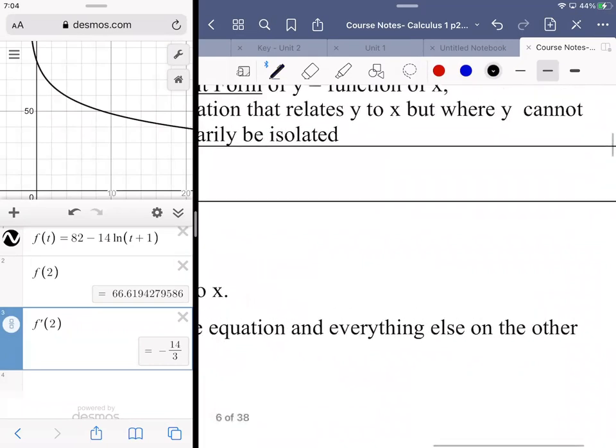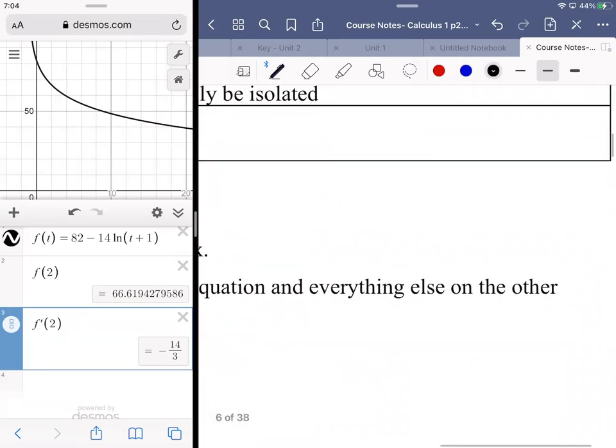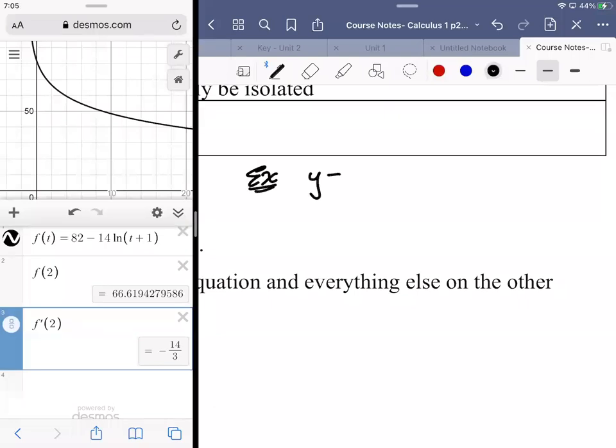So if we have, for example, y equals x squared, it's still an explicit function, not implicit, but I want to use implicit techniques to show you what this is all about. What we would be doing is taking the derivative of the left-hand side of the equation and also separately the right-hand side of the equation. Now, this may sound weird, but when we write dy dx